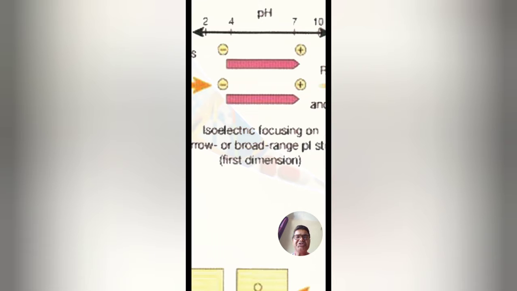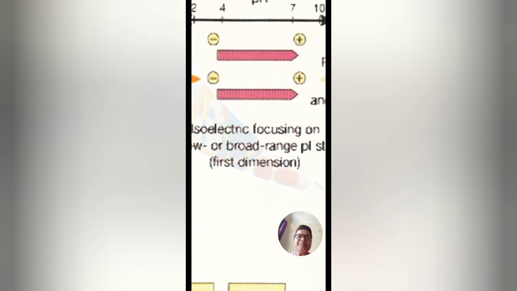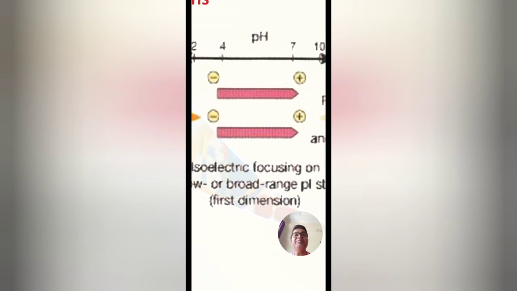The pH of a particular protein at which net charge is 0. It means when any protein attains its specific pI, it will not move from that point or from that pH